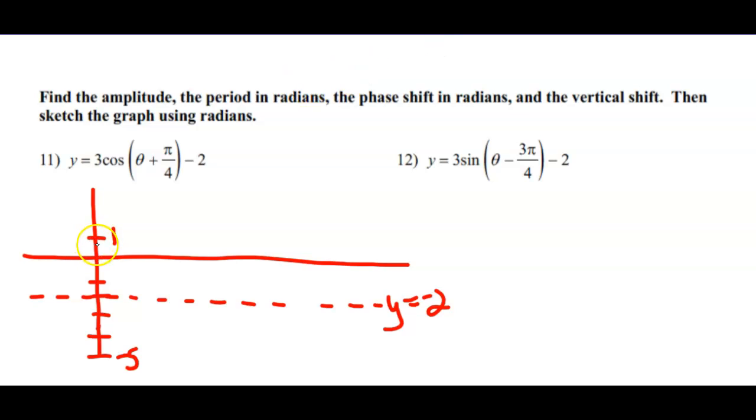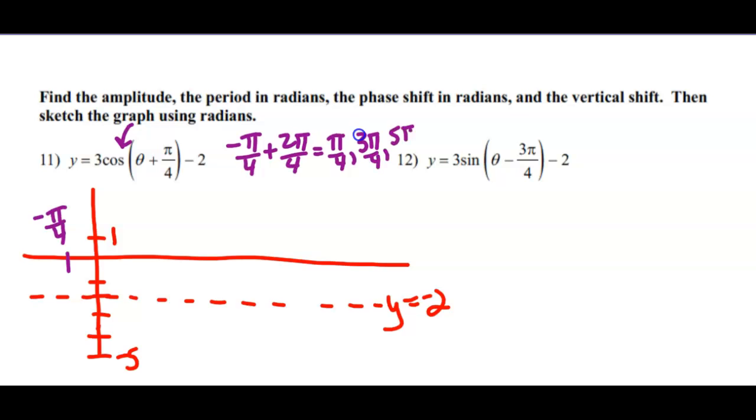Okay, then we have a shift to the left, pi over 4. And because the period is 2 pi, we're going to add 2 pi divided by 4 for our quarter points. So our next quarter point is 1 pi over 4. When we add 2 more pi over 4s, we'll get 3 pi over 4. 2 more would be 5 pi over 4. Okay? So 1 pi over 4, 3 pi over 4s, because we added 2 of those, 5 pi over 4,